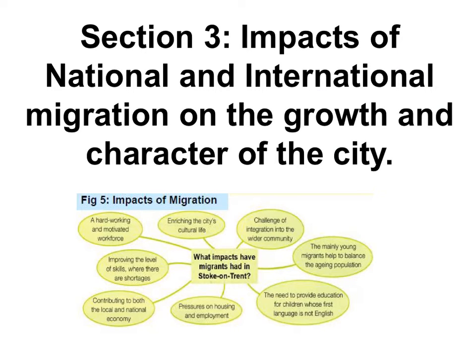Here's the section that we're looking at. The section is the impacts of national and international migration on the growth and character of the city. So national migration, people moving from one part of the country to another, and international migration, people moving from one country to the UK, a different country to the UK. And looking at how that's affected how the city has grown, and also the character of the city, the feel